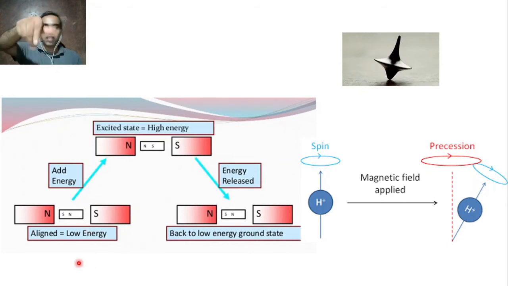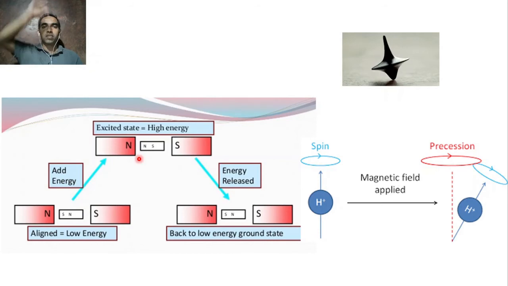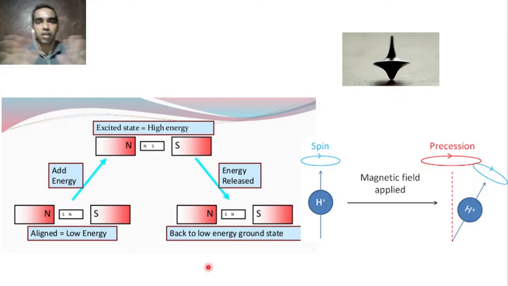Now you rotate the center one and hold it for some time, because you have applied an external force. You keep it like this. Now you release the force, leave it, and it will come back to its original position, correct? This is quite a normal experience with the magnetic field. This is what we have done.